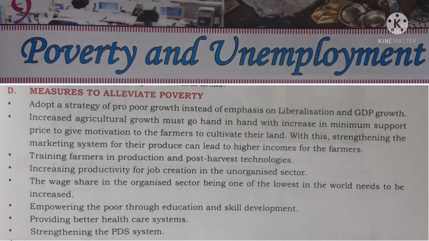Can we alleviate poverty? So, let us see the measures to alleviate it. First, adopt a strategy of pro-poor growth instead of emphasis on liberalizing and GDP growth. Increase in agriculture growth must go hand in hand with an increase in minimum support price to give motivation to the farmers